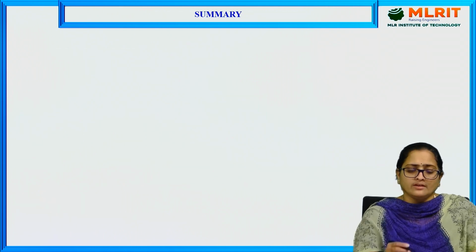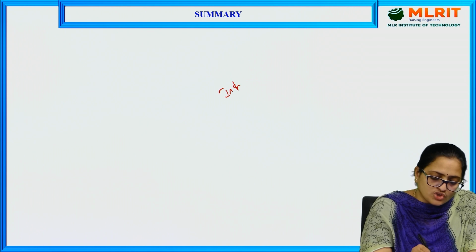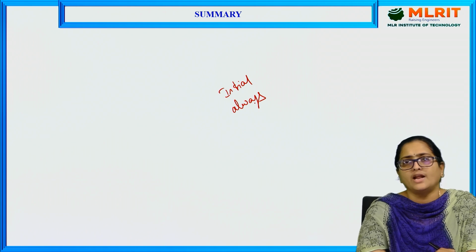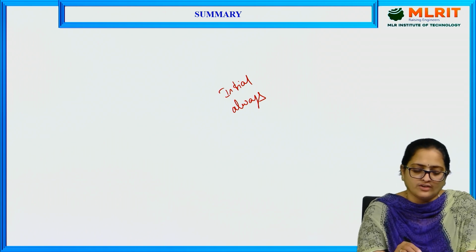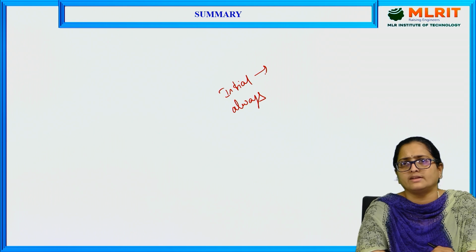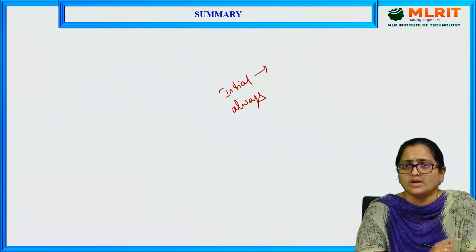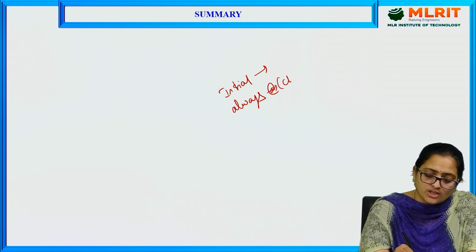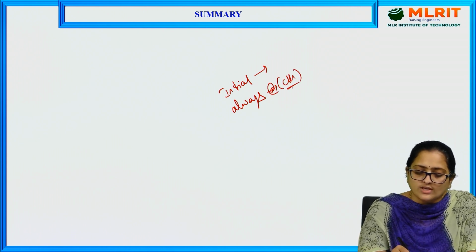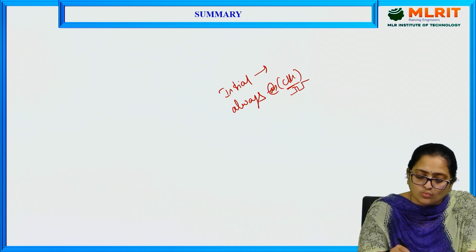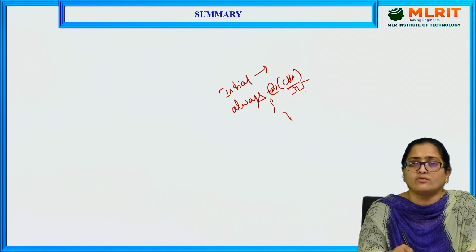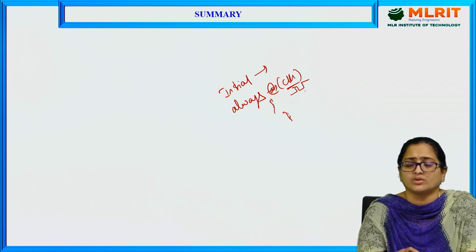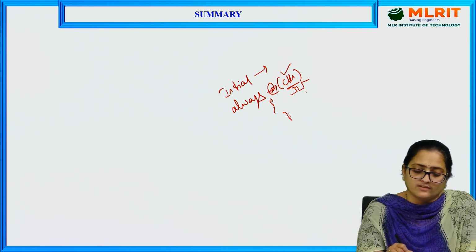So coming to the summary, today we discussed what an initial statement is and how to use an initial statement, and what the always statement is and how to implement the always statement in the behavioral model. The statements written in the initial statement will be executed only once, whereas the statements in an always statement check the condition, that is, always at the rate of clock. Means when the clock changes from 0 to 1 or 1 to 0, then only the procedural assignments under this block will be executed, or else they won't be executed.